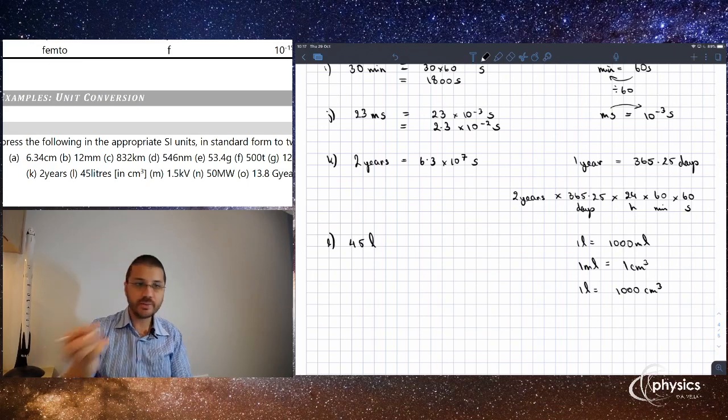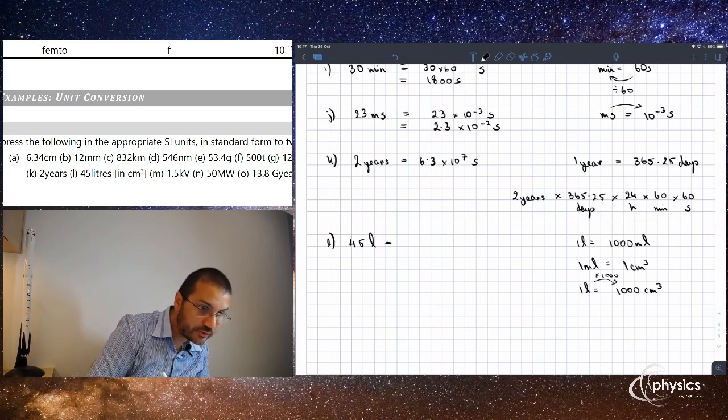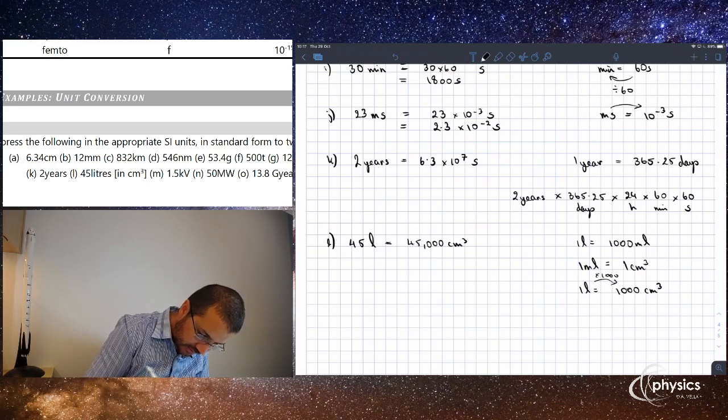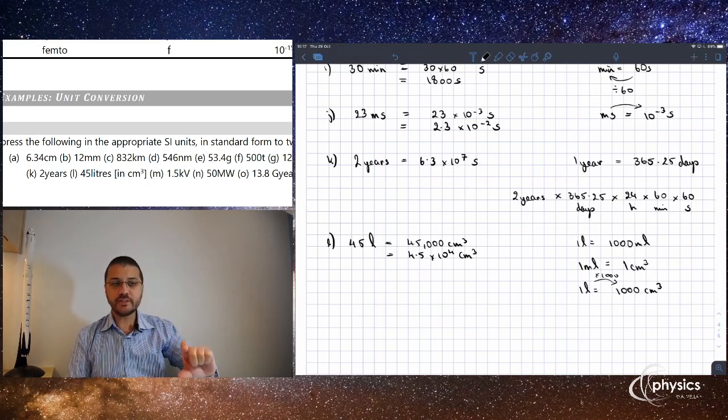So in this case, to change to centimeters cubed, I just have to multiply by 1000. So in 45 liters, we have 45,000 centimeters cubed, which is 4.5 times 10 to the 4 centimeters cubed. I didn't tell you to convert to meters cubed because we're going to do it